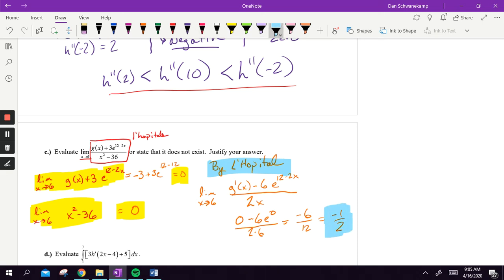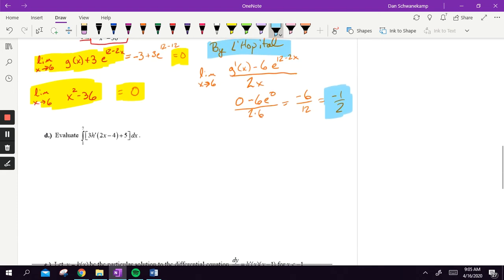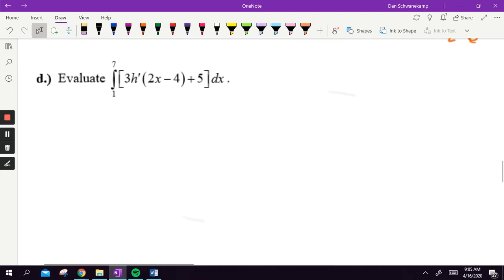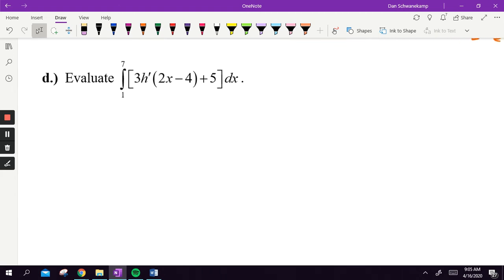Okay, 1, 2, 3. Let's look at part D. Part D, definitely we're starting to get into some difficult land here. Okay, let's look at this. We are taking the integral of that thing. I'm integrating this, and the thing that I'm going to look at as I integrate this, 2 different ideas. All right, and we could get a little bit fancier here if you wanted to and do some different things. This right here is going to be a key for me. All right, I am taking the integral of this thing,